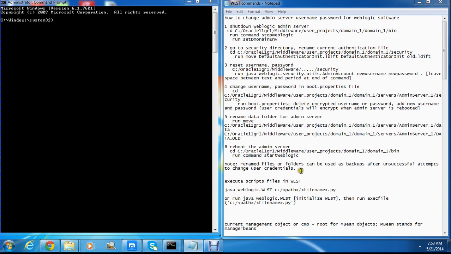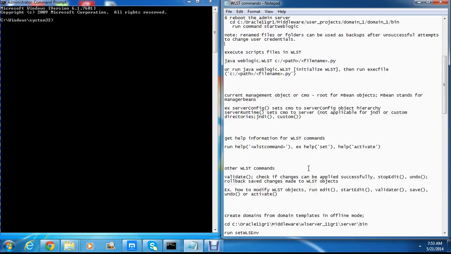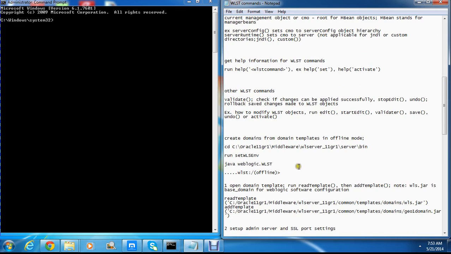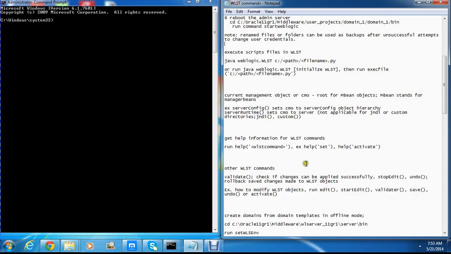I'm going to walk you through that, and then I'm going to take you through how to create a domain from a domain template that you have available after you install the WebLogic software. So to get started,